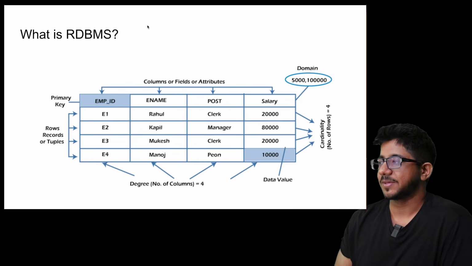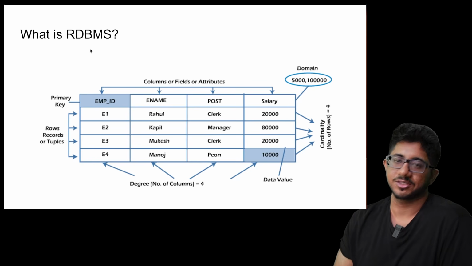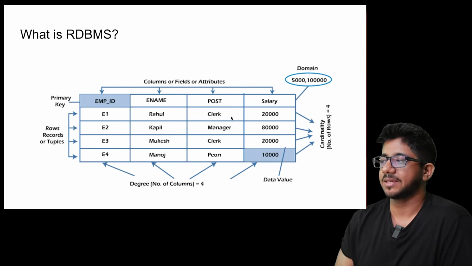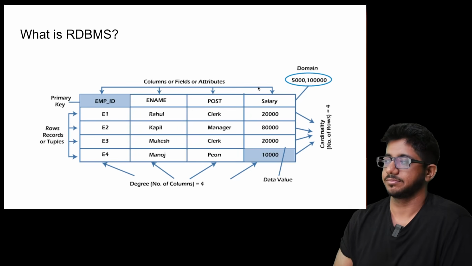What is RDBMS? It's basically like you have records or tuples being stored in rows of a table kind of structure, and that is what is called relational databases. So there are a bunch of relations that exist over here. For employee ID 1, you have the name, post, and salary. These are the relations that you have with things, and there are different names like columns, which are